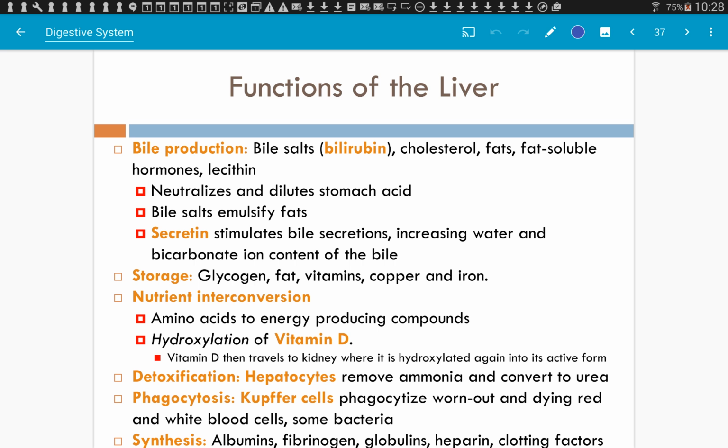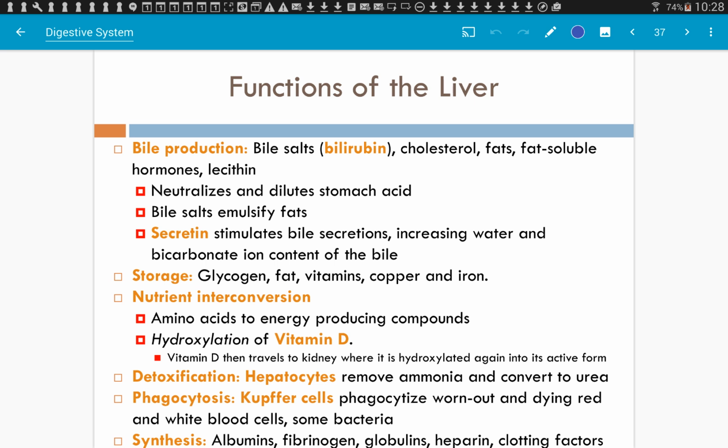Okay, functions of the liver, most definitely you need to know these. So one very important function is producing bile. We need bile to help break down fatty foods, lipids in our foods. It helps break them down into smaller little pieces, and we'll talk more about what happens to the fat and the cholesterol once it's in the bloodstream. Also breaks down some other things as well.